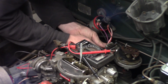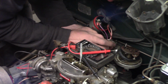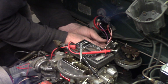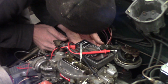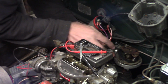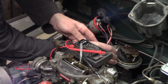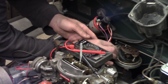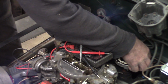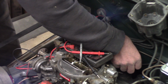Here's our igniter module. Let me smell it, see if it smells burned or anything. I also wanted to try and inspect the wires where they go through the distributor body, make sure they're not shorted out. Okay. Aha, that's right. Now,